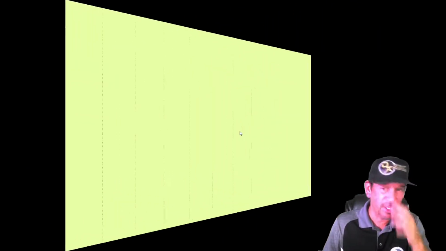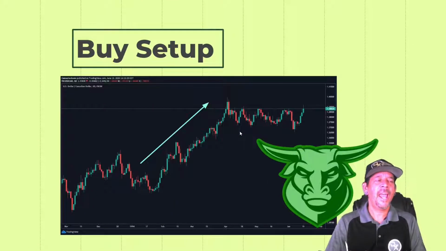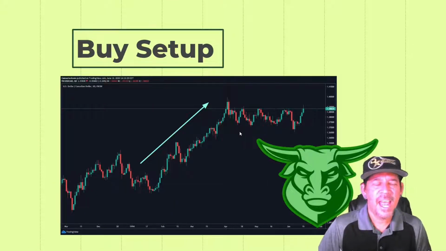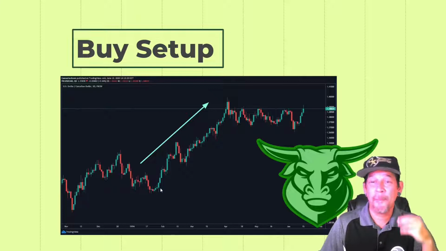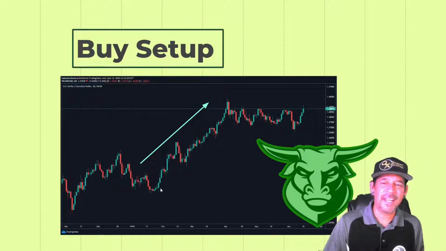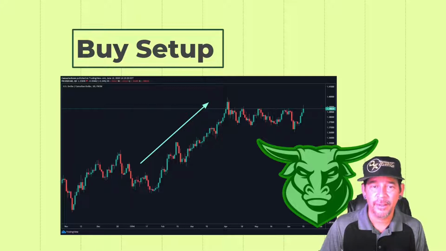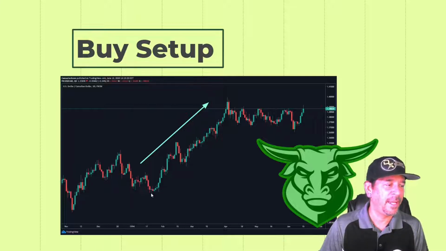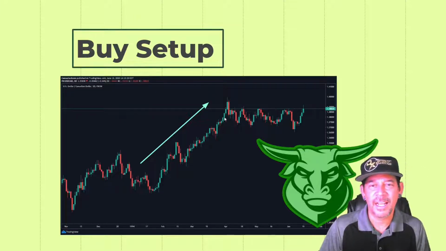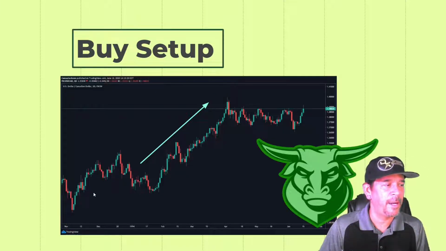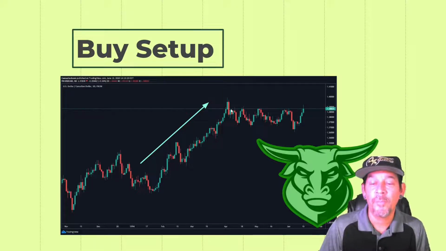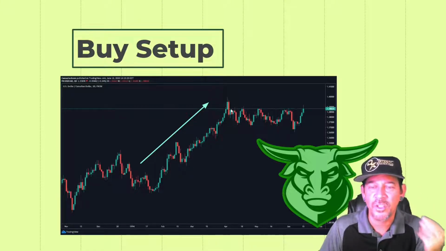Now let's look at that on a chart. Here we have a bullish market, a bullish trend, or you might hear the bulls are controlling the market. That's what you see from here going up. From here going up, that is a bullish market. Don't worry about what's going on over here, and don't worry about what's going on over here. When you clearly see an upward trend, that is a bullish market. That means the bulls are controlling the market.